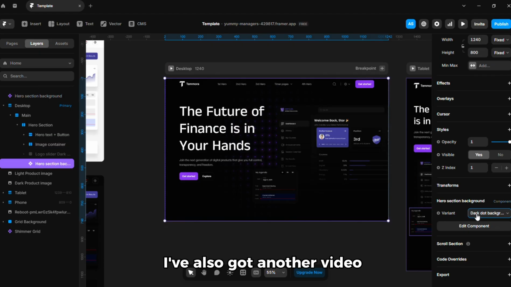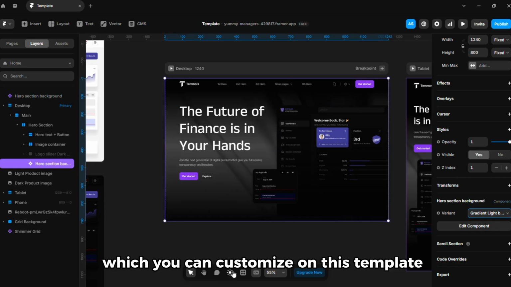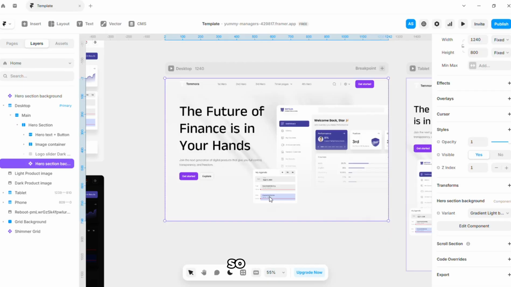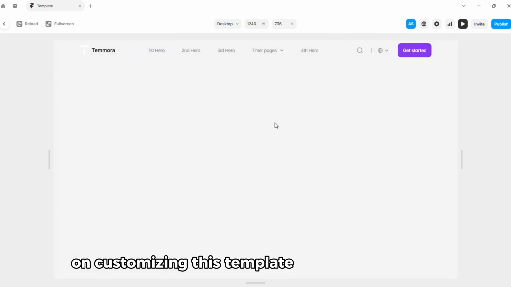I've also got another video where I go into full detail on some of the extra features which you can customize on this template to suit your needs. So please make sure to check it out and pick up some extra tips on customizing this template to suit your